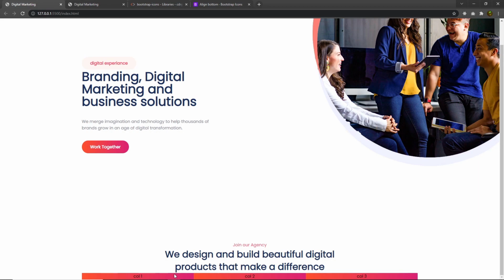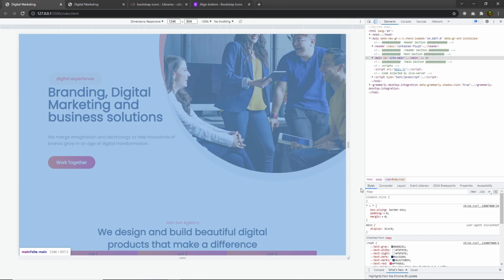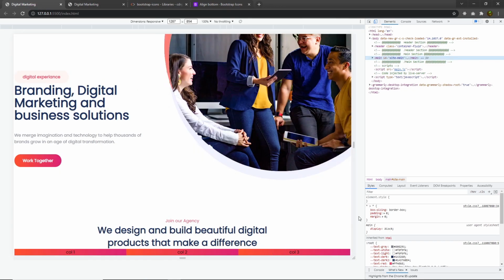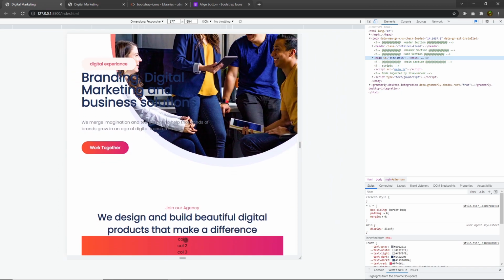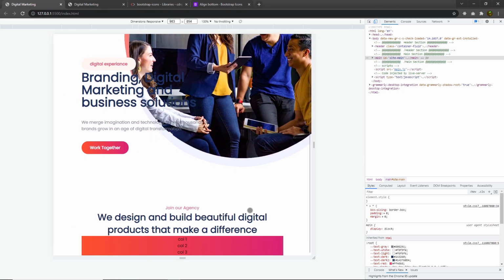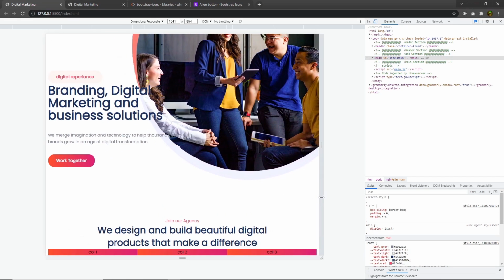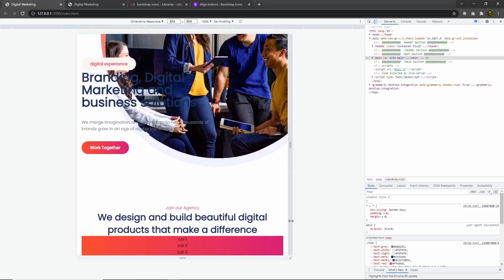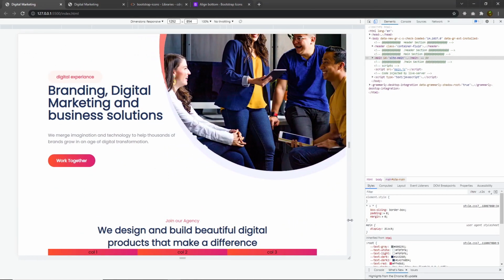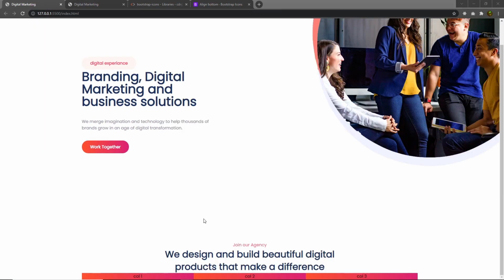you can see right down here I have 3 columns. And now if I decrease the viewport, just take a closer look at these grid columns. When I decrease the viewport, you can see now when the viewport is less than 1024 pixels, I have 1 column. And when the viewport is greater than that, I'm going to have 3 columns. So this is how you can make your layout completely responsive with media query. That's easy, right? Now let me add some top and bottom padding to this section to show you the result